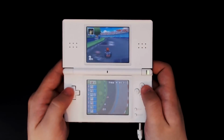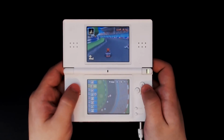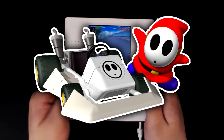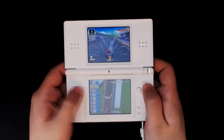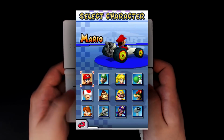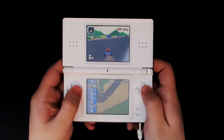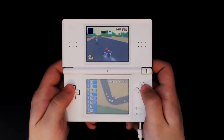The only limitation being that those players who did not have the full version of the game wouldn't be able to select their character. Instead, they were assigned to play as a Shy Guy. The Shy Guy character is notably otherwise absent from the main game and cannot be chosen from the normal Racer Select screen, making him exclusive to this download play mode. Well, almost. The download station demo of Mario Kart DS also uses this character, locking you in as Mario and